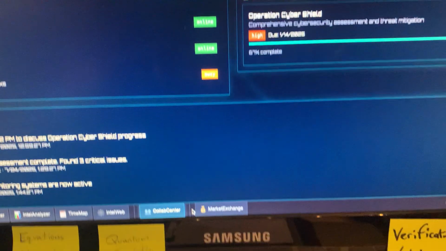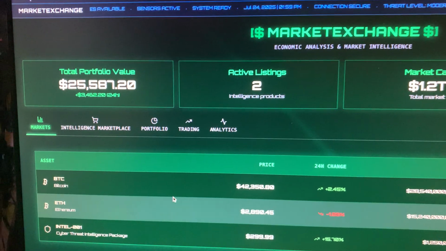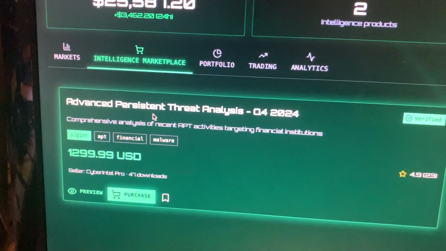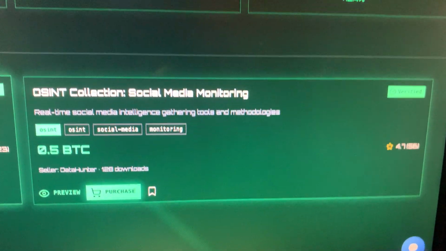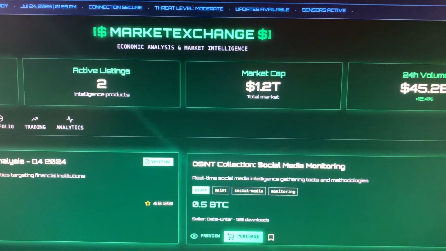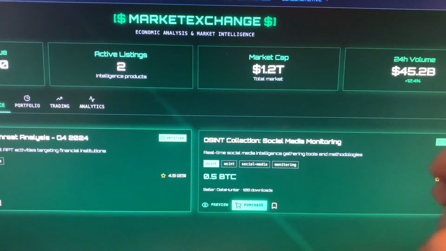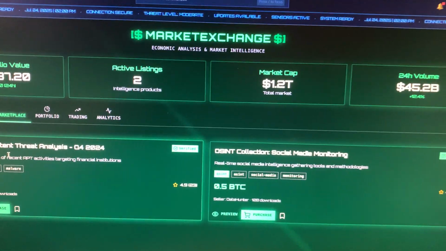difficult to hack. And if that's not enough, you can sell on the Intel Market Exchange, Intelligence Market Exchange. You can sell your Intel reports for top dollar, depending on how valuable the information is. And this is a new economy in a new industry that's going to be able to initiate a global citizen empowered intelligence community